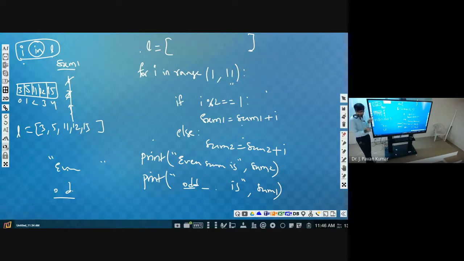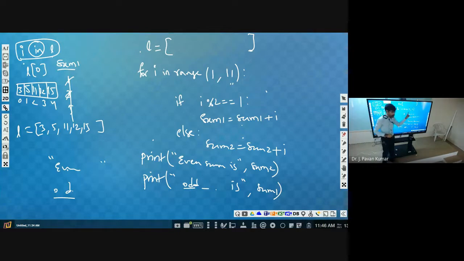Now how can we access an individual element? By using the index. What is the syntax? L of 0, L of index. What should the index be now? 0, 1, 2, 3, up to 9. Why? Because the size of the list we are considering is 10, so 0 to 9. So what should be used here?